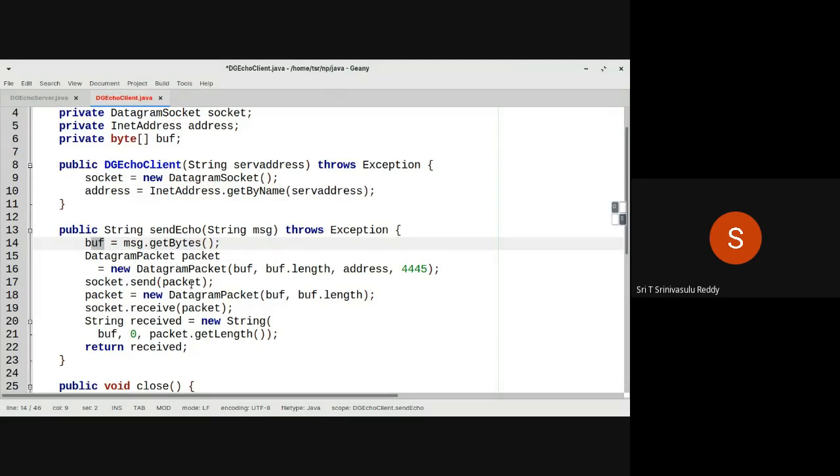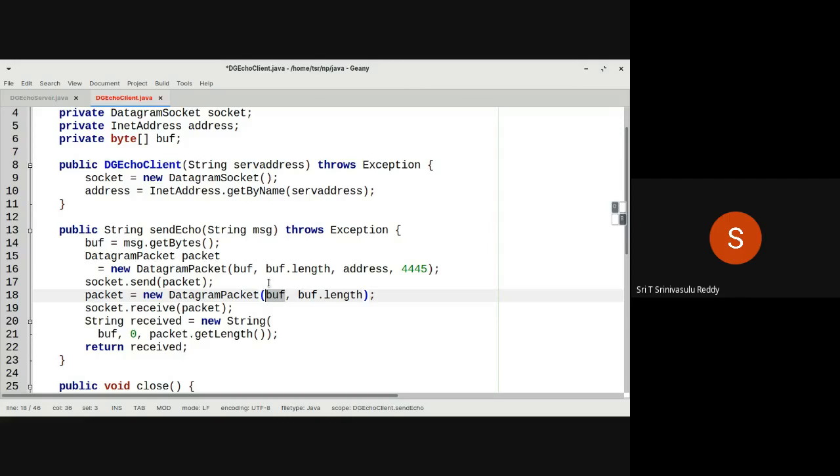To receive it, what do we do? You have to again create a packet. So packet equals new DatagramPacket of buf, comma, because this particular buf now has enough space to actually receive the converted thing. But in case you expect the result not to be of the same size, then you may have to specify a different array of bytes. In this case, we know that you are sending the request and your response is also of the same size. So this is going to work.